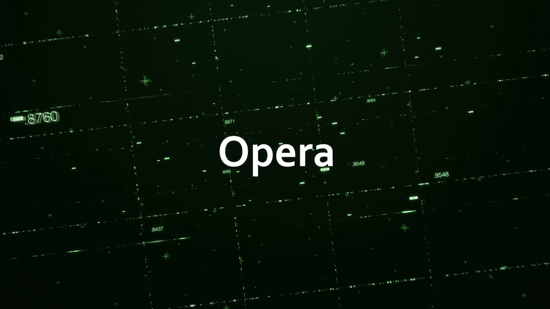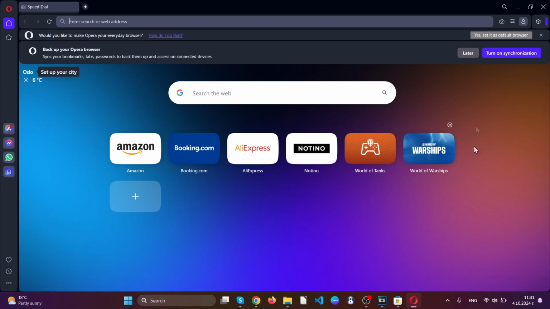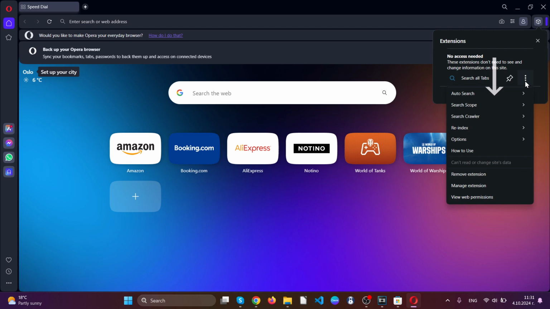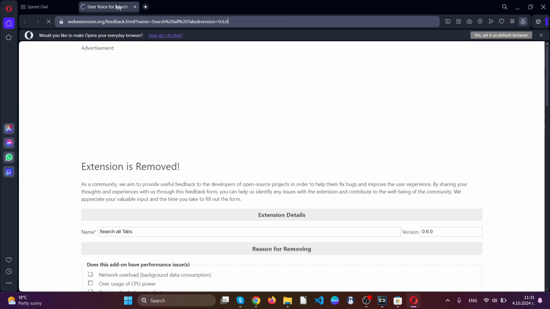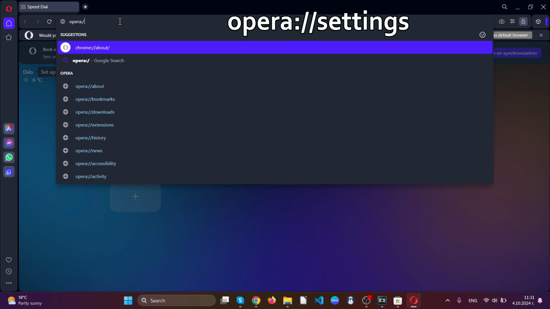Now for Opera browser, we're gonna go ahead and open the web browser, after which go to the top right hand corner of your screen, click on the Extensions tab, locate the suspicious extension, click on the three dots and click Remove Extension. Just like with Google Chrome, go over to the settings by typing Opera Settings